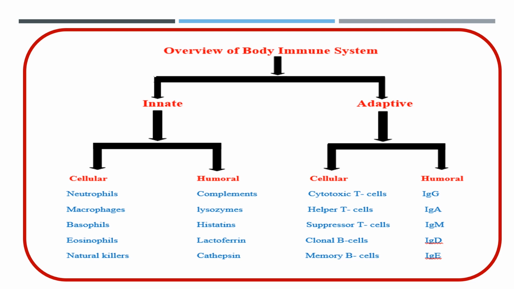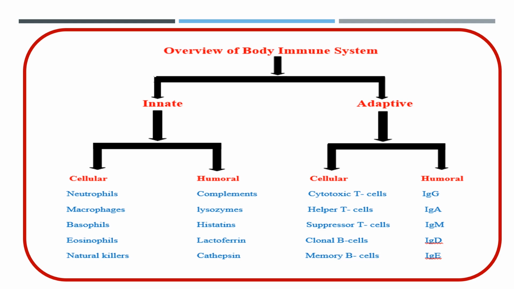The cellular innate component of the immune system essentially includes the neutrophils, the macrophages, basophils, eosinophils, and natural killer cells. These are essentially meant to attack any form of invading microorganisms and destroy them before they harm the affected individual. The humoral component of the innate immune system consists of soluble substances like the complement system, lysozyme, cystatin, lactoferrin, and cathepsin. There are a lot more, and they are all present in soluble parts of the body, in blood, in mucosal surfaces, and in other body fluids. Essentially they are meant to attack and destroy any form of invading microorganisms in those affected parts of the body.